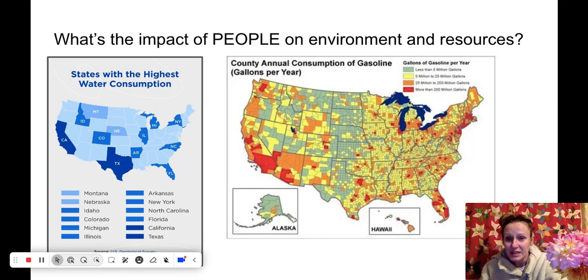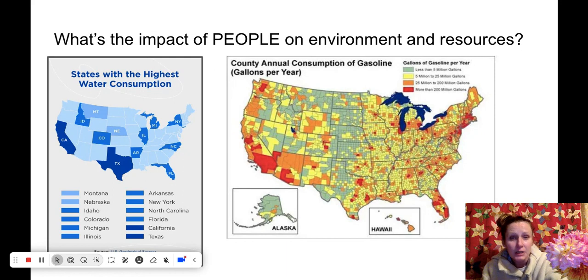The left shows the states with the highest water consumption. So we have the highest water consumption in California. I believe a big part of that is because of the almond industry. You also have Texas. Could that be the cattle industry? That'd be interesting to see why it's so high in Texas. And it's interesting to see that New Jersey is amongst some of the lower ones. Maybe that's just because we learned to shut off the water when we brush our teeth. That could be why. The one on the right is by county, right?